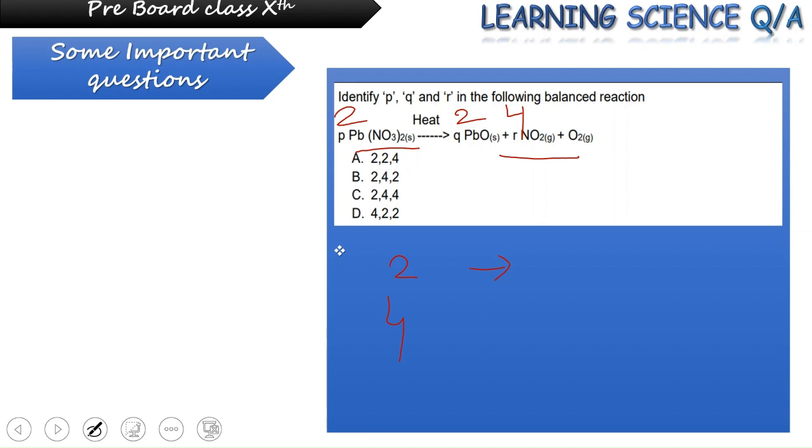Now at the end we have oxygen remaining. Let's see if it is balanced already or not. We have around 12 oxygen at the reactant side. How? We have 3 multiplied by 2, 6 multiplied by 2. That means 12 oxygen atoms at the reactant side, whereas at the product side we have 2, 8, 2. That means 12 oxygen are there at the product side also, right? So in this way we can say that this equation is balanced and this is our correct answer.